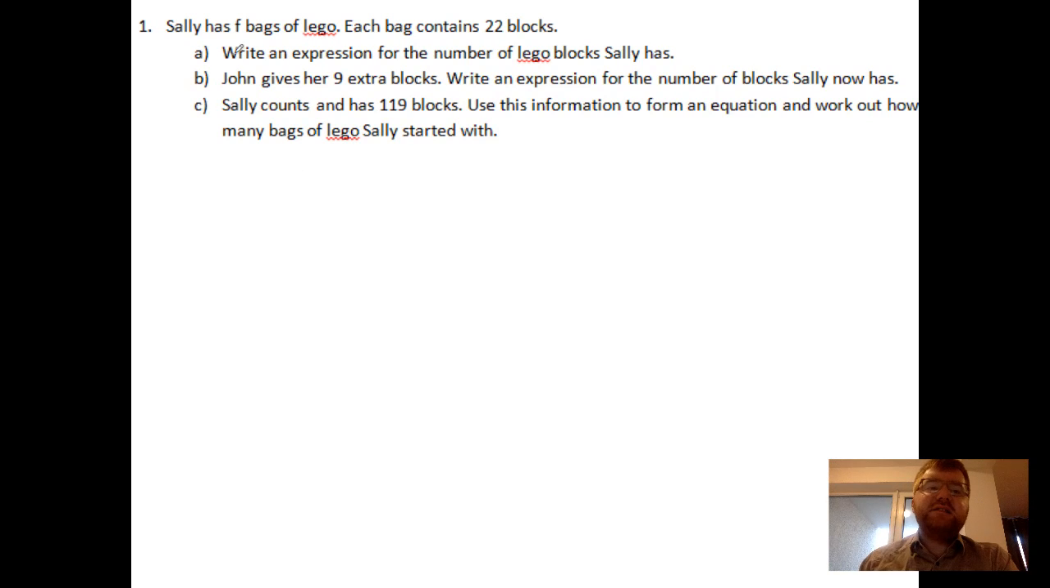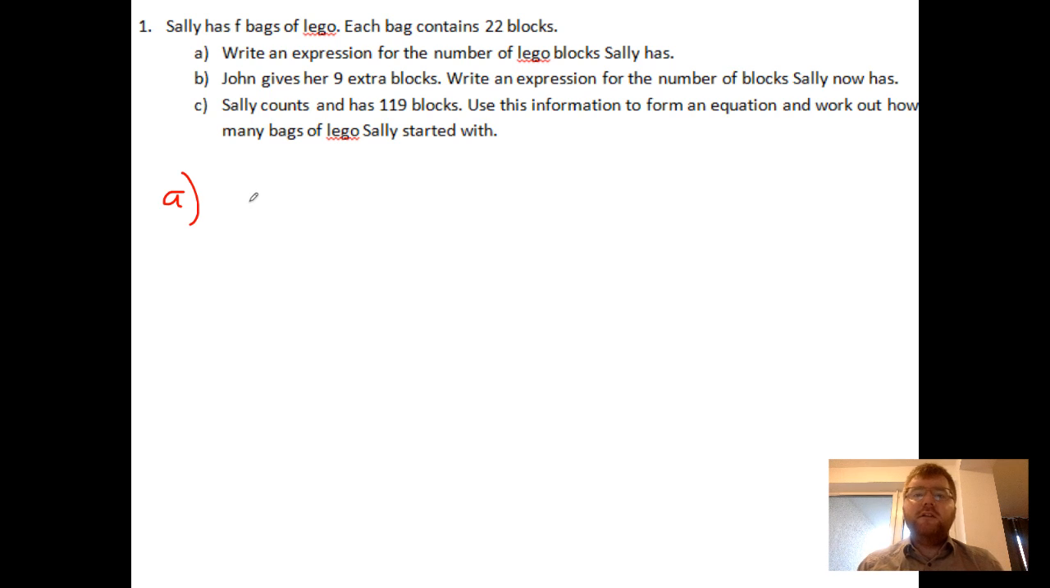So Sally has F bags of Lego. Each bag contains 22 blocks. Write an expression for the number of Lego blocks Sally has. So say I have 3 bags of Lego, then I'd have 22 times 3 blocks, which is 66. If I had 2 bags of Lego, then I'd have 22 times 2 blocks of Lego, which is 44. So my expression